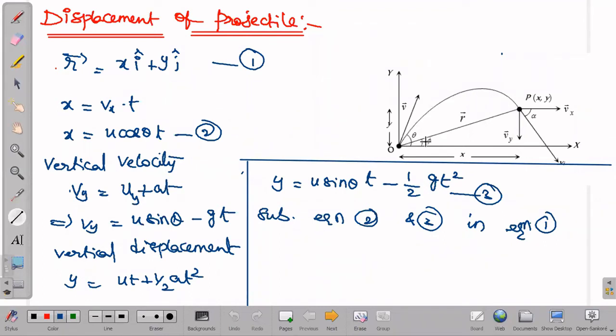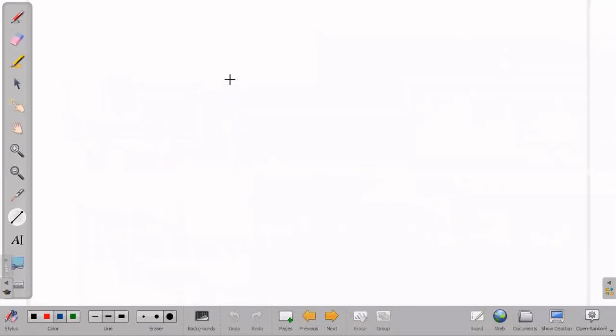And this phi is what? The angle which the displacement line is making with respect to the horizontal. This phi also we can find. It is extra information only. So phi, if we write an expression for phi, we will write tan inverse of y by x, because from the diagram I'll show you this in a second.